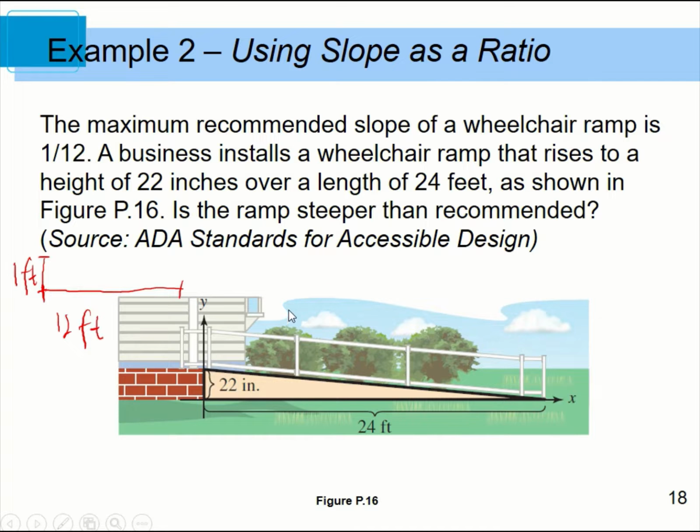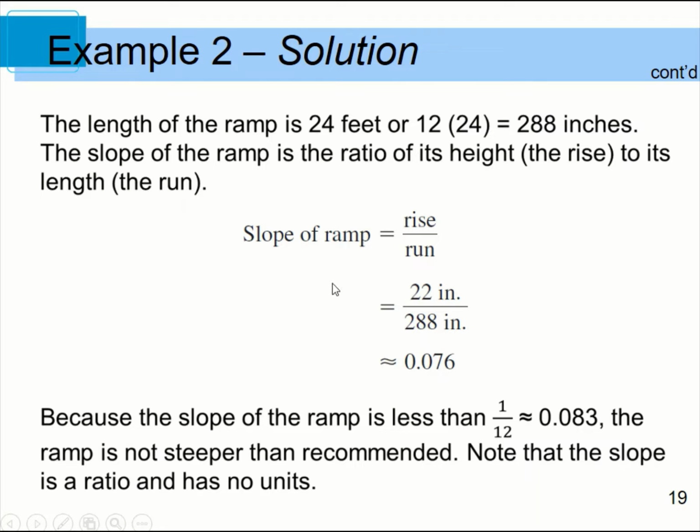To find this, we can use the slope. First we find the slope of the ramp by using the difference of y, the rise, over the run, the difference of x. Now, we have to change them to the same unit, because feet and inches are both measurements for distance. So we can change them to the same unit. The 24 feet is